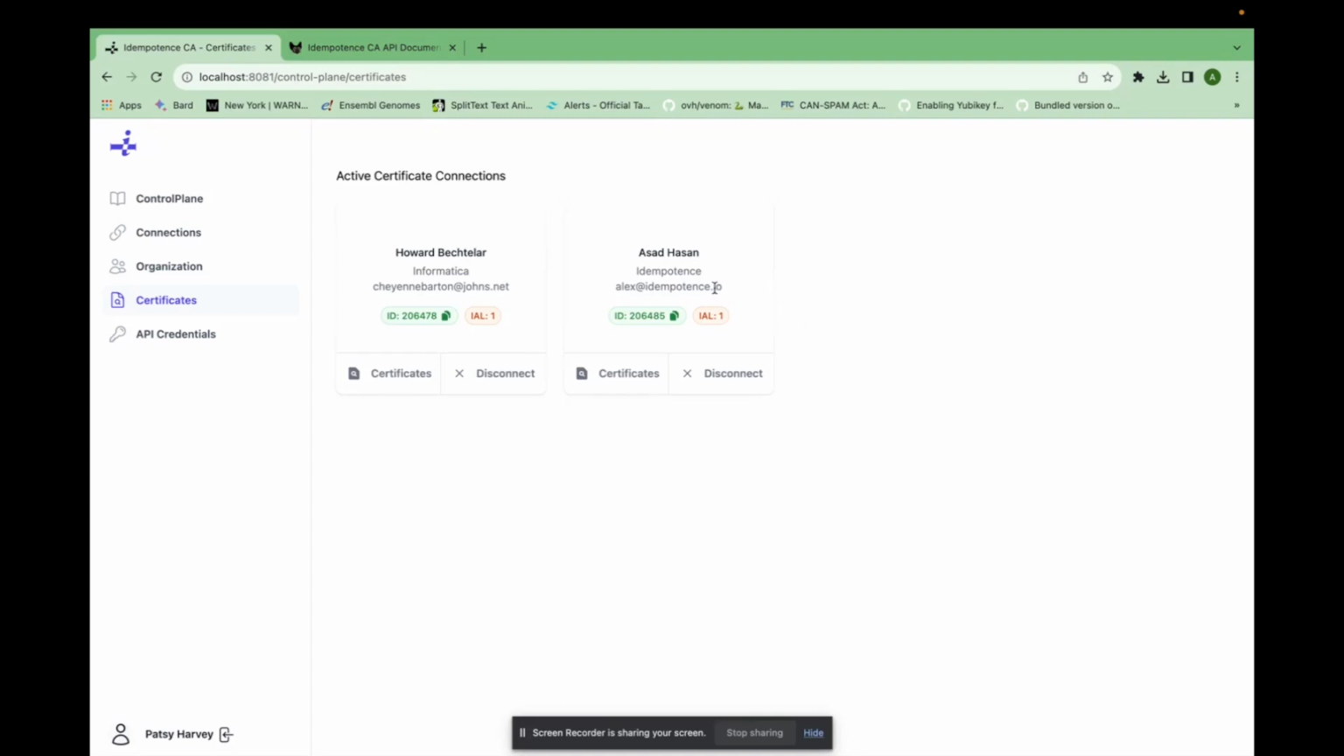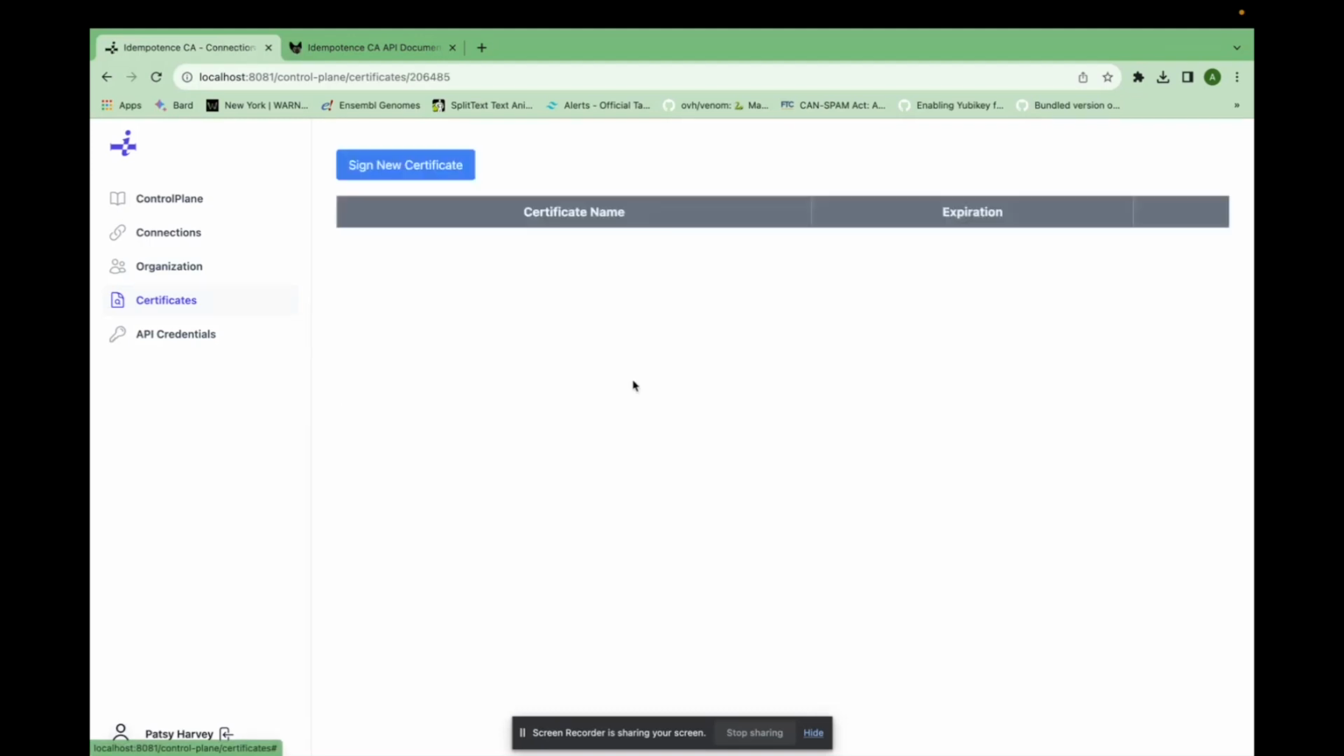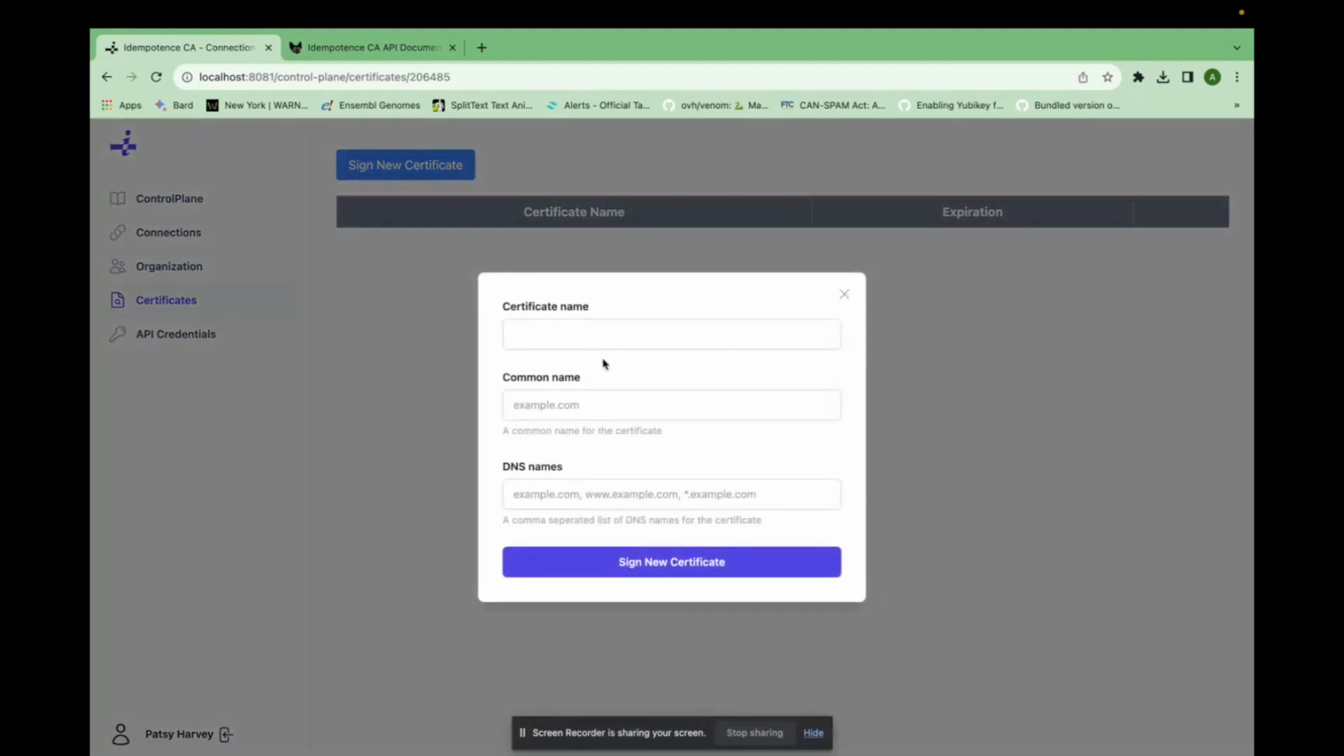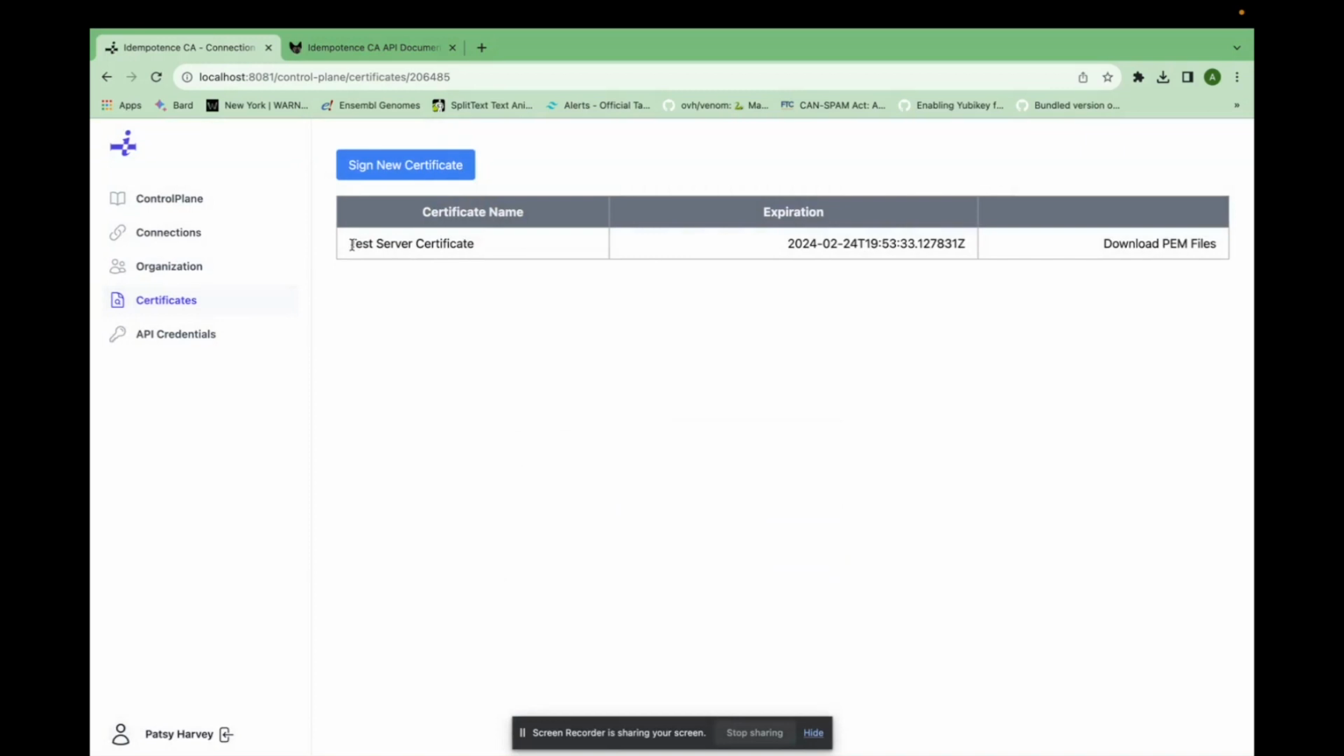Now, either side, either party can make a disconnect, and the certificates are no longer going to renew after that point. So I'm going to go ahead and go to certificates. I want to sign a new certificate. Say test server certificate, example.com, and www.example.com. And I sign a new certificate, and just like that, I now have a new certificate,